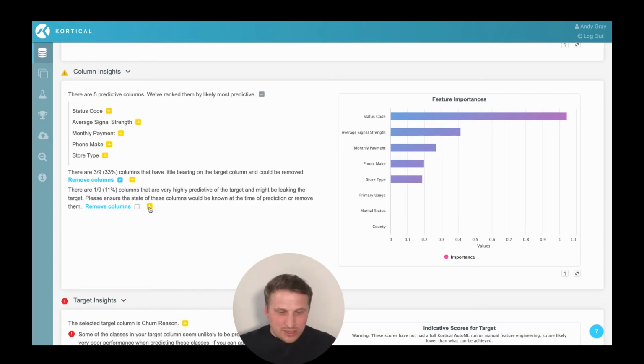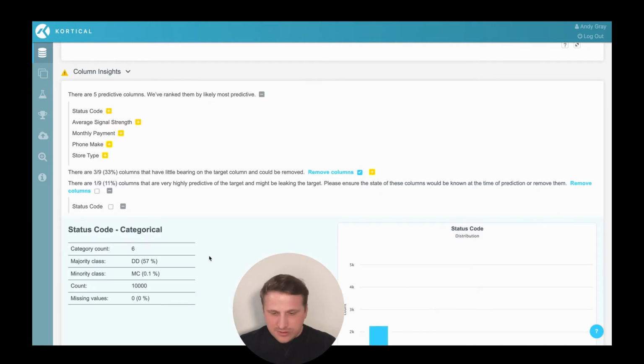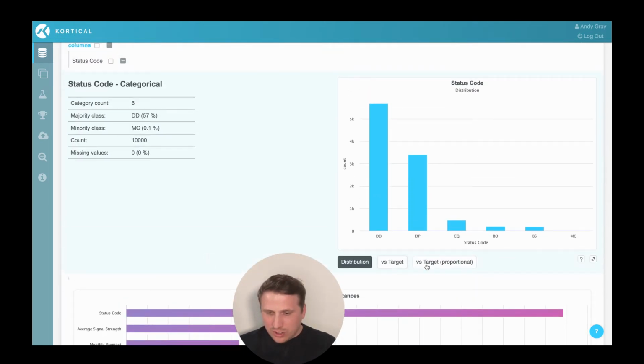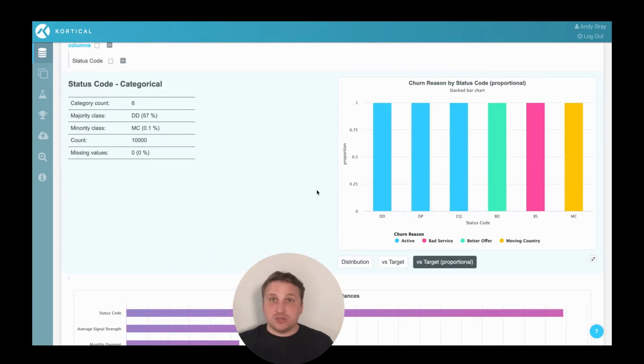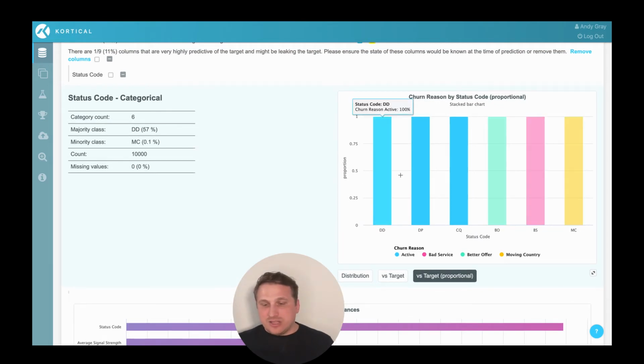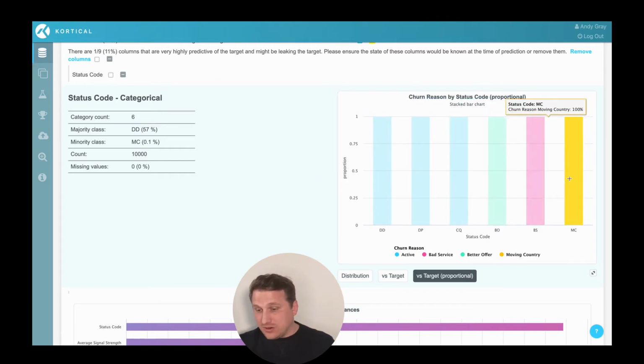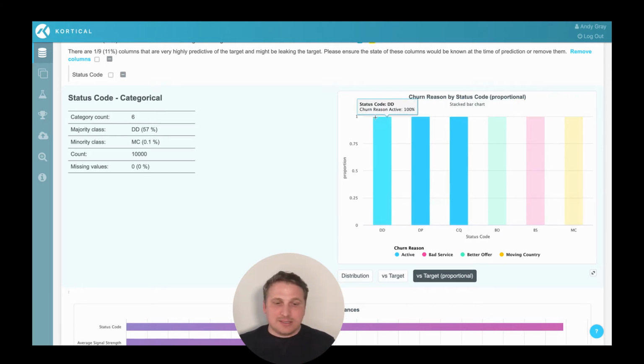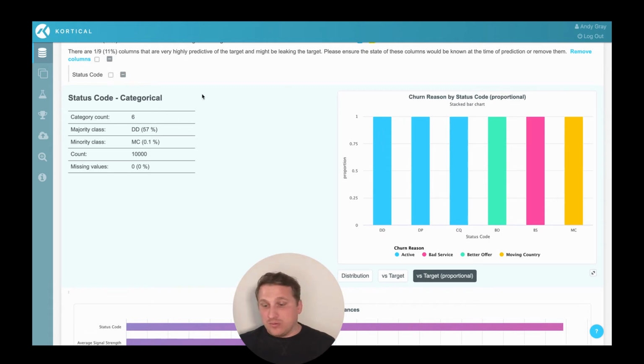And when we look at this, we can see that there's this status code. So we're going to look at this versus the target in a proportional way. We can see here that there are three different codes that can happen while the customer is actually active. But then we've got these ones which are really very strongly linked. I mean, they literally leak the exact value of the reason for churn. So obviously, that's part of the status. So that's probably something that we want to remove